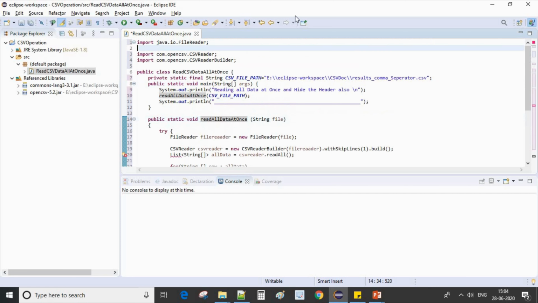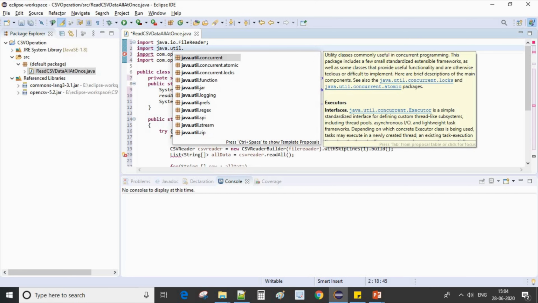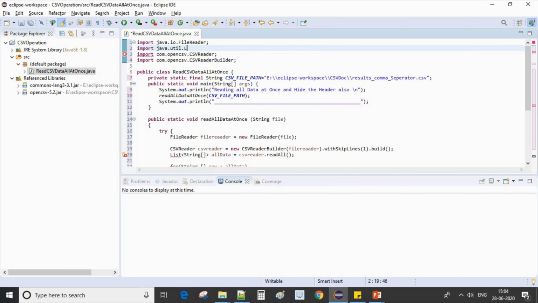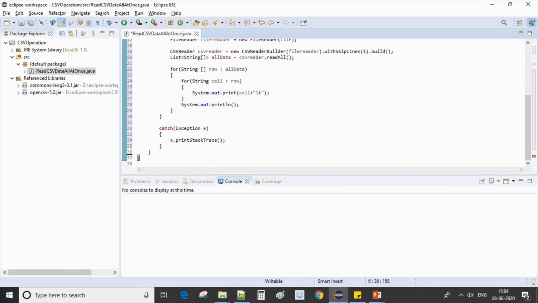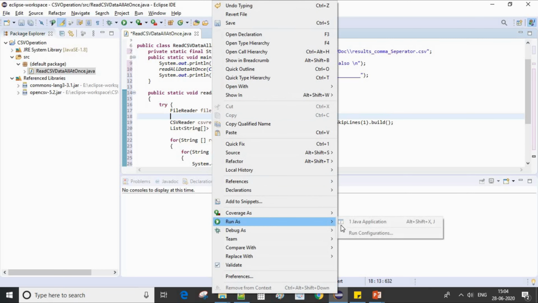Okay, so we will import java.util.List. Okay, so all the errors have been resolved, so we are good to run our program. Let's run it.